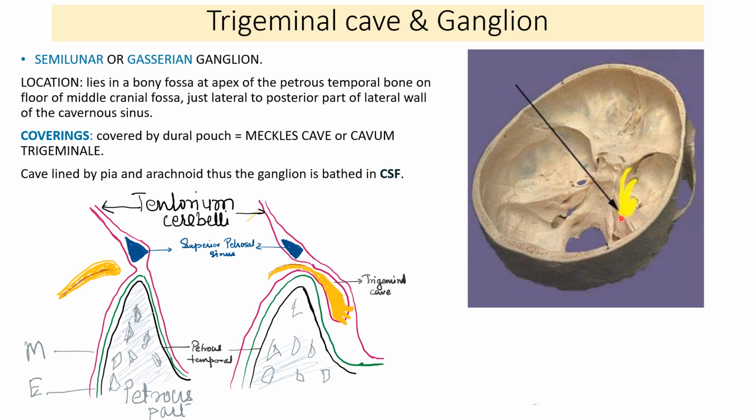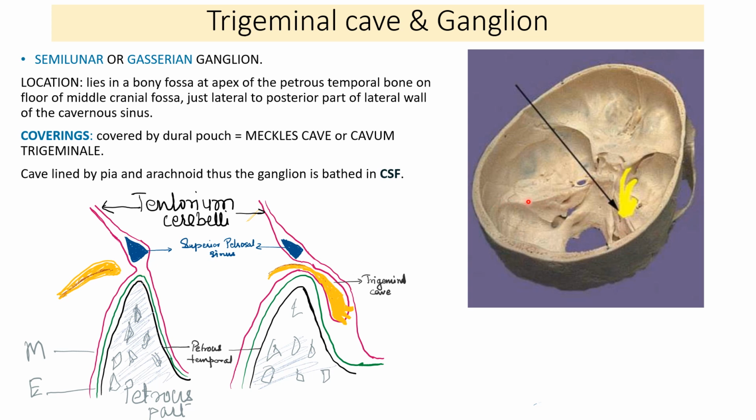So let's talk about how it reaches the trigeminal cave. This is the root of the trigeminal nerve, the sensory root. And this attachment, the double layer, this is the meningeal layer of dura mater of the tentorium cerebelli. We saw that this is the fixed margin of the tentorium cerebelli, attached to the superior margin of the petrous temporal bone. Along this and along this we have attachment of the meningeal layer. So this is that part, the superior border.